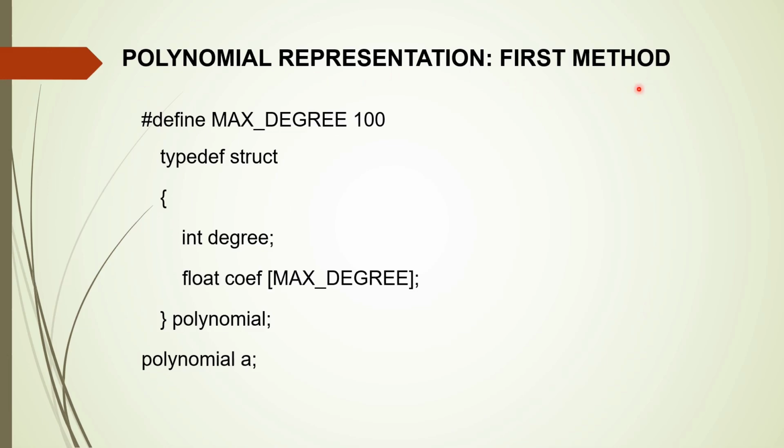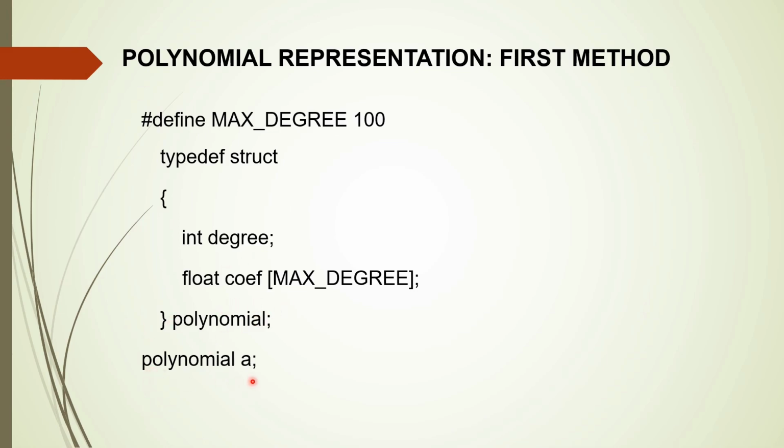There are two methods available to represent the polynomial. Representation means to store the polynomial inside memory. The first method looks like this. Here we define the maximum degree of a polynomial, which we assume to be 100. Then typedef int degree. Degree means the leading exponent of the polynomial. Then the coefficient, you are going to store the coefficient. With the first method, we are storing only the degree and a coefficient, and then